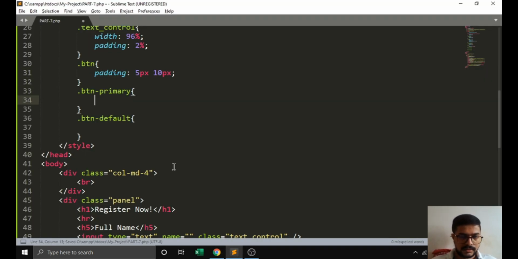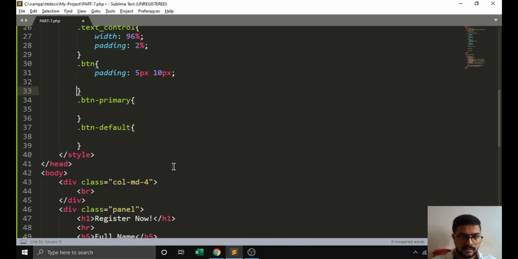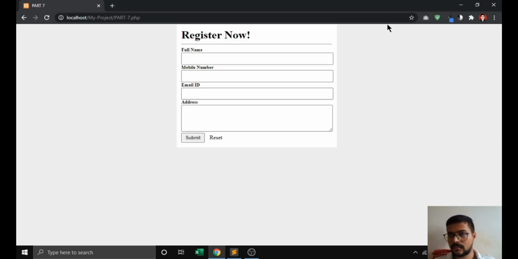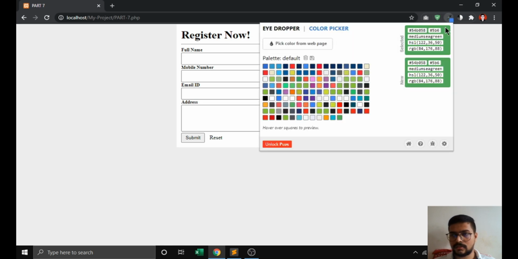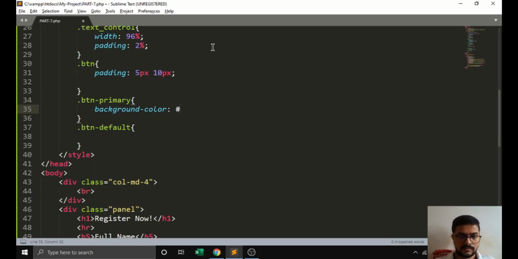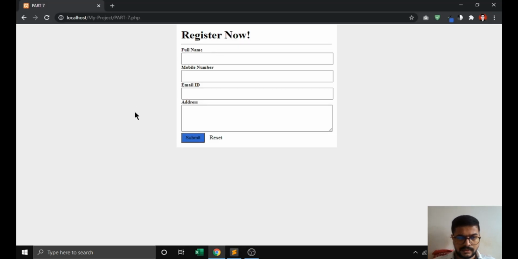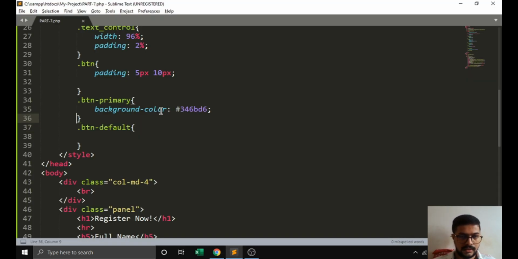We have to pass the color over here. We can pass the background color. We can use this tool. I will give a brief introduction for this tool in the next videos.